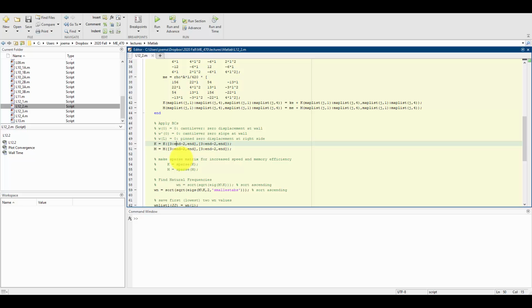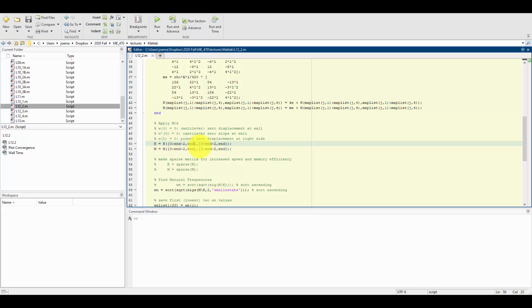So what I do here is I want to keep the 3rd through the end minus 2, which is actually the 3rd from the end, since end is the last index, and then n minus 1 will be the second to last, n minus 2 will actually be the 3rd to last. So I'm keeping the 3rd through the 3rd to last, and then I'm going to be skipping over the second to last, and I am keeping the last one.